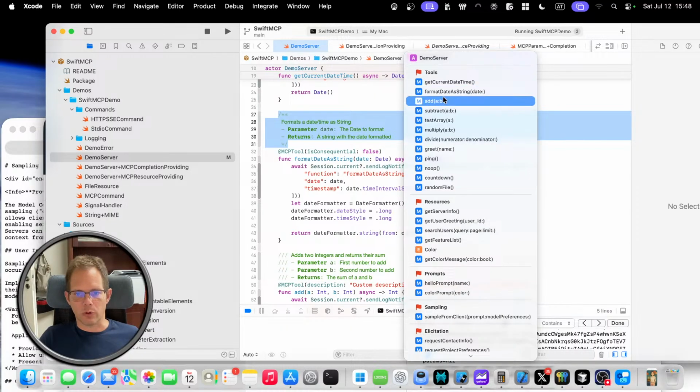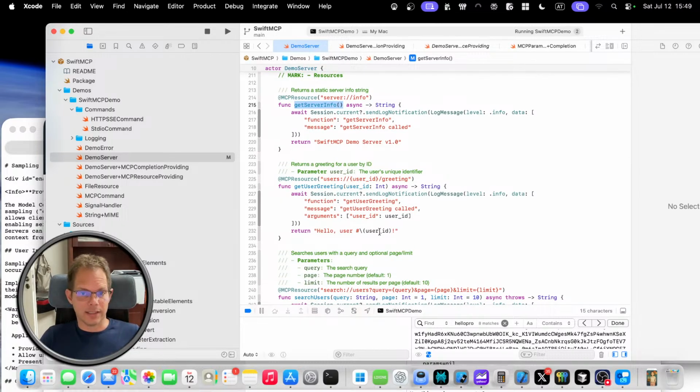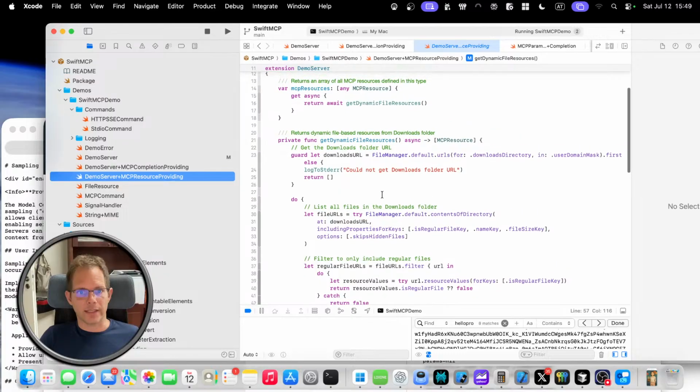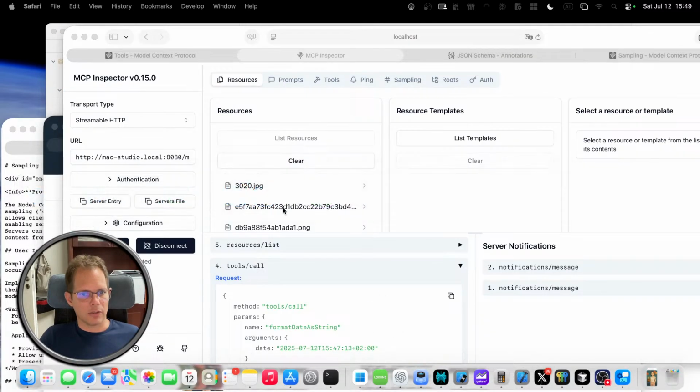So I figured, okay, why not? So resources can be three things. It can either be resources that you provide dynamically, get dynamic file resources, which is an array of MCP resource that you can build together,